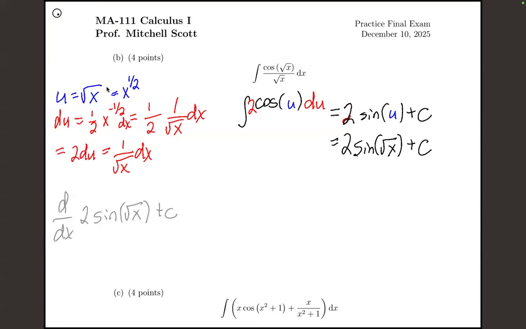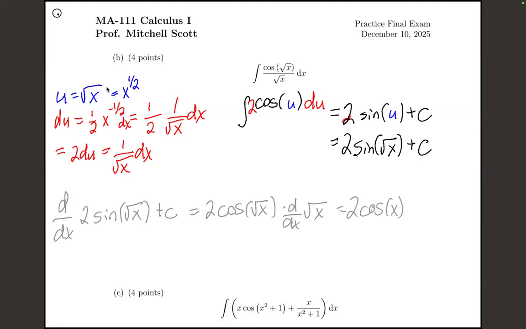If I let the outside function be sine and the inside function be square root of x, we end up with 2 times cosine of square root of x times d dx of square root of x,